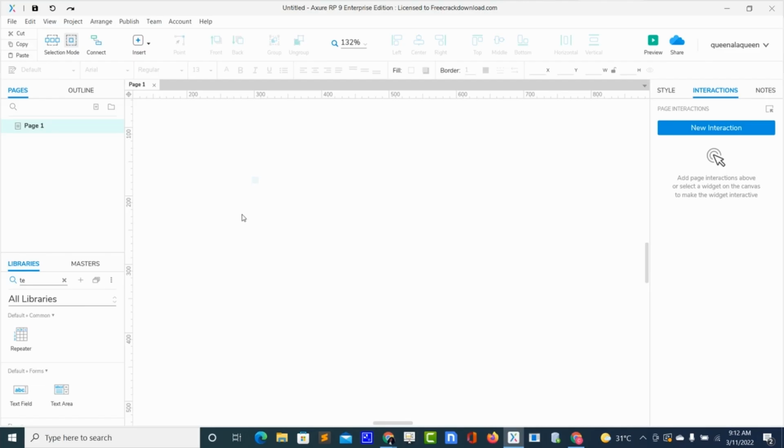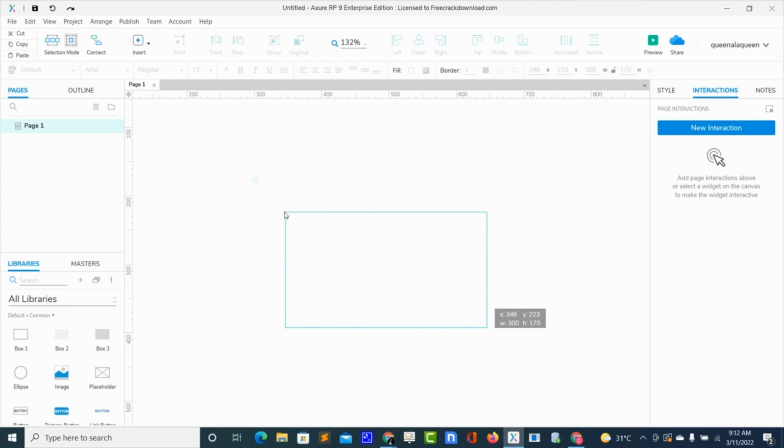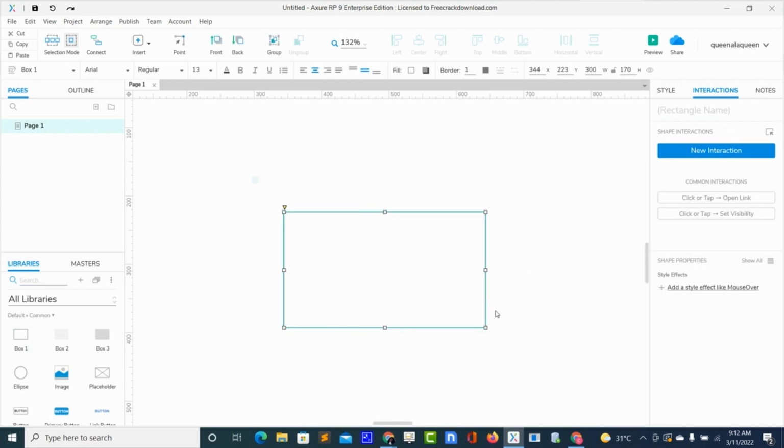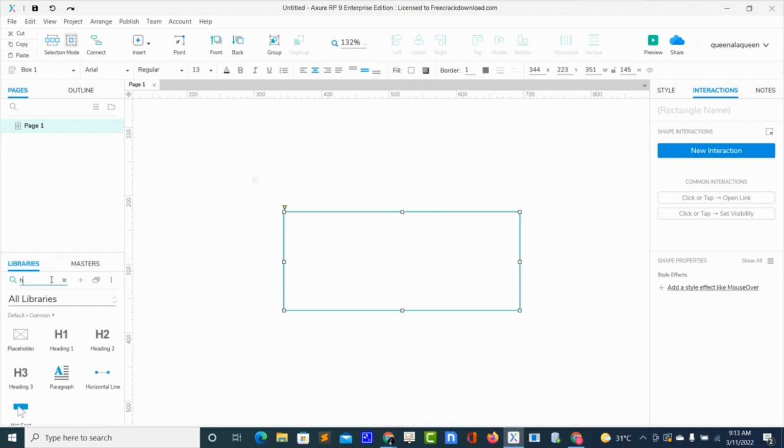Welcome to my screen, guys. So creating a predictive search field can be very easy. You just watch my screen and see how I'm doing it. So I'll bring in a box widget. Okay, then I'll bring in a heading because I want to